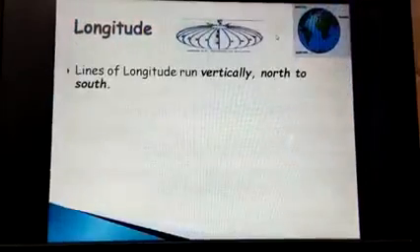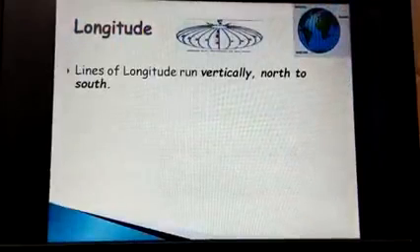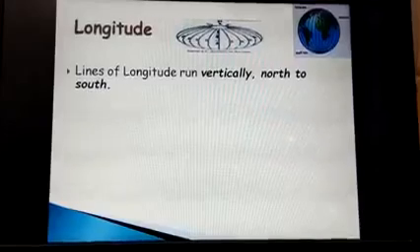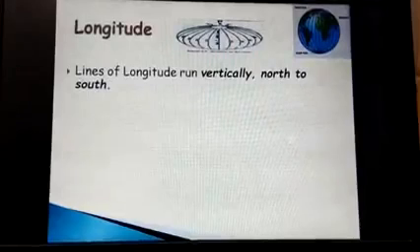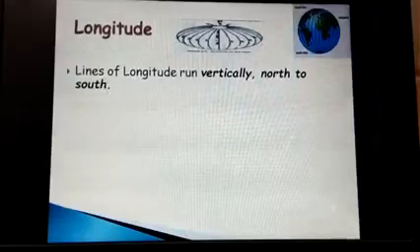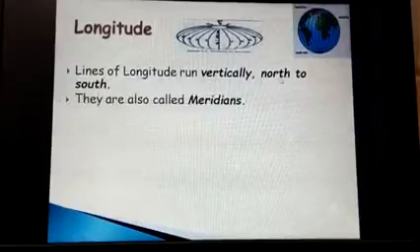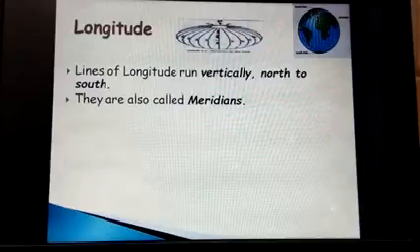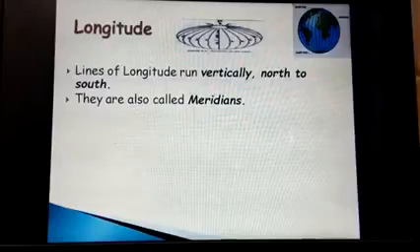So now the next is what is longitude. Hope you understand what is latitude. Now we have longitude. The lines which run vertically. You know what is vertical? Vertical means from north to south direction. Horizontal means from west to east direction. So lines which run vertically from north to south direction are called meridians. Lines from west to east direction, we can say these are parallels. Similarly, from north to south direction, the lines are called meridians.